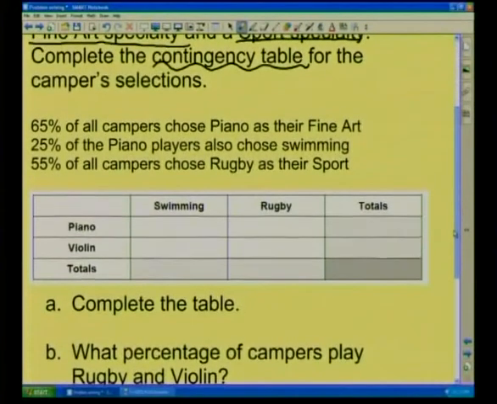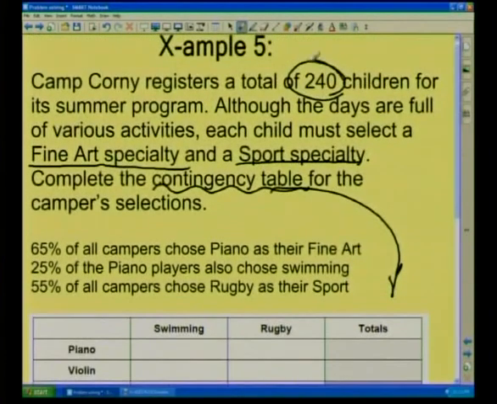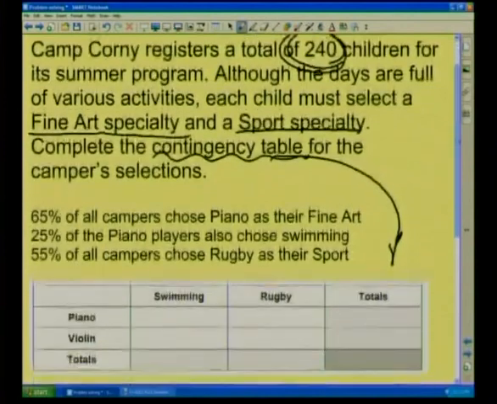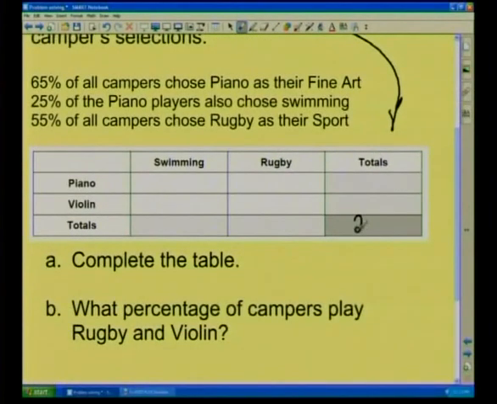And you can see the contingency table has been drawn for you here. Sometimes you would need to actually draw your own. We know that there are 240 children altogether, so that should be our total of our totals. And then we need to work out all of these different bits so that we can fill in the amounts